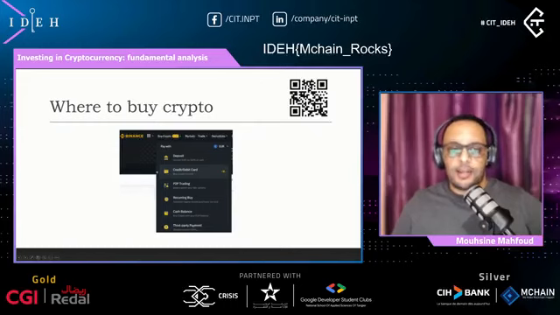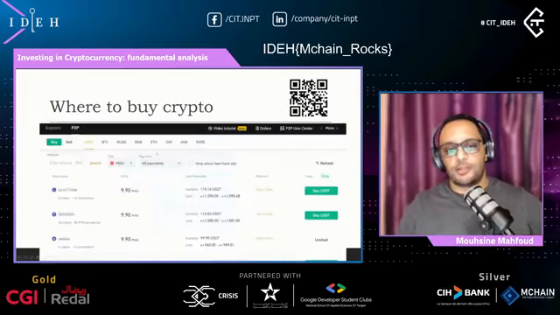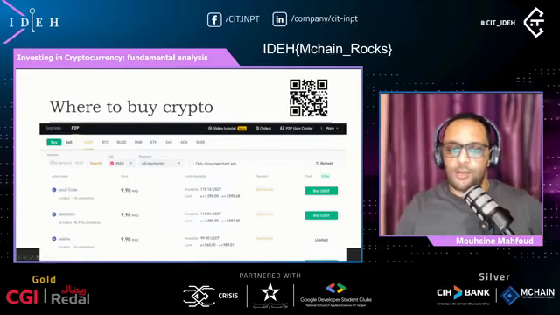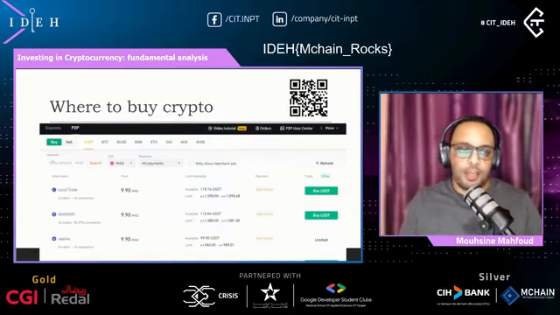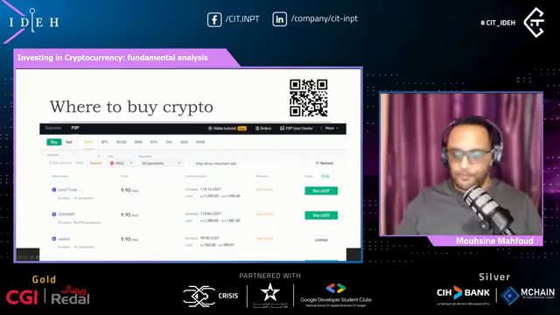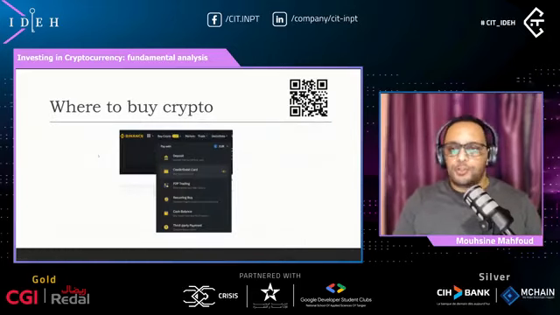The next way is to go directly through the exchange as well. Here I'm taking Binance again as an example because it works fine. There is a credit card option that you can use to buy Bitcoin directly. This one is the most guaranteed way because no one is going to scam you here. But there is a slight chance that someone might close the payment window or do some kind of trick to take your money before he's actually sending the cryptocurrency. So just be careful with that.